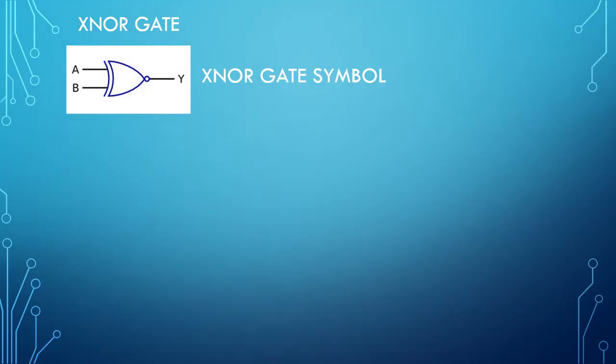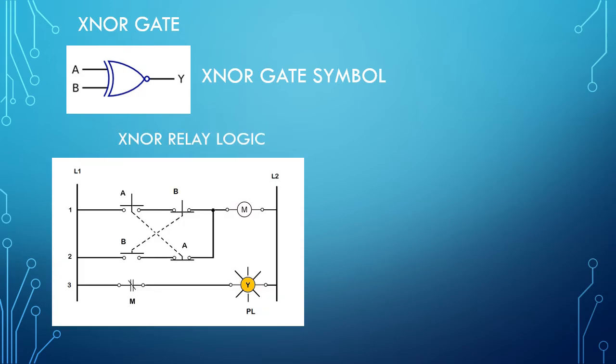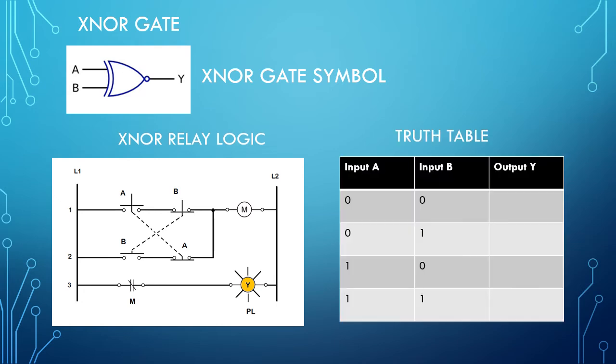So now let's take a look at our NOTed exclusive OR gate, or our XNOR, or exclusive NOR gate. Here's the relay logic. And again, you can see in line 3, all we did was change out our normally open contacts for a set of normally closed contacts, so that current can flow through line 1 down to line 3 through the normally closed contacts,